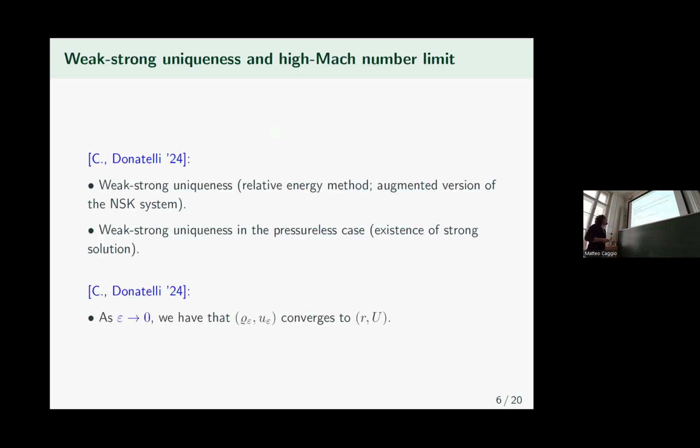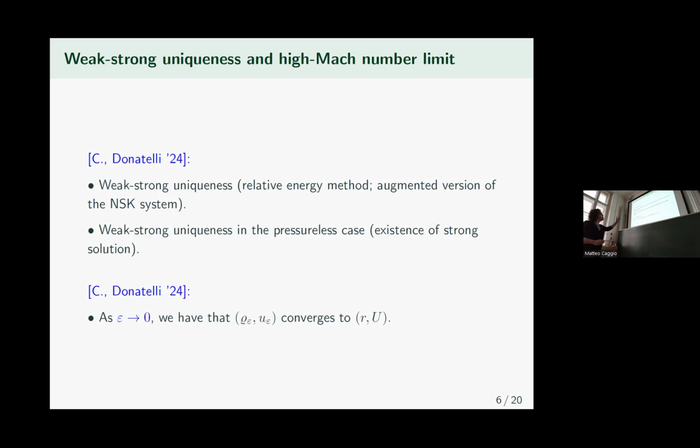And more recently, we were interested in what is usually called the weak-strong uniqueness problem. That is, the weak solution coincides with the strong solution when the initial data for both solutions are the same. This was a problem not studied in this kind of framework. We studied it through a relative energy method, and in particular, we were forced to use what is called in the literature an augmented version of the Navier-Stokes-Korteweg system. So what I mean by this: